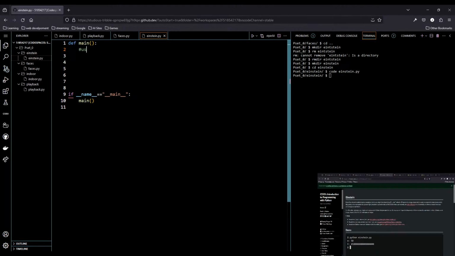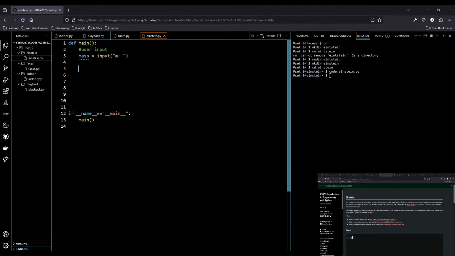We need user input, and it looks like they're saying that it has to equal mass, so we're going to say mass is equal to input, "m: ". Okay, and then what are we doing? So we need to print out